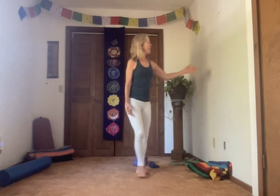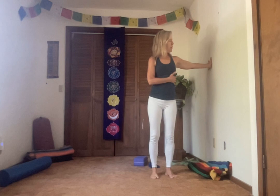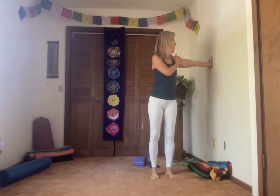And bring your hand to the wall. You can do either side. Bring the arm parallel to the floor or a little lower. And bring the other hand across your rib cage. And slowly